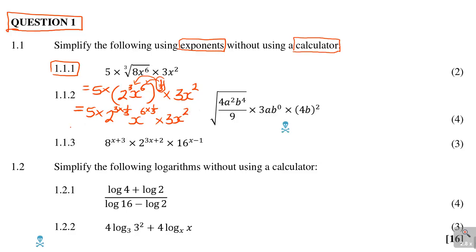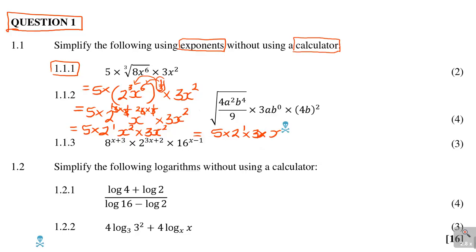See what's happening? Which is equal to, now you can simplify that to get a power 1. You can say 6 times 1/3, you can use a calculator there, but you'll get a 2. So what you have is 5 times 2 to the power of 1, x to the power of 2, times 3x to the power of 2. So this is what you're having. Now, what you need to do is to collect numbers together and the x's together, which is equal to 5 times 2 to the power of 1 times 3 times